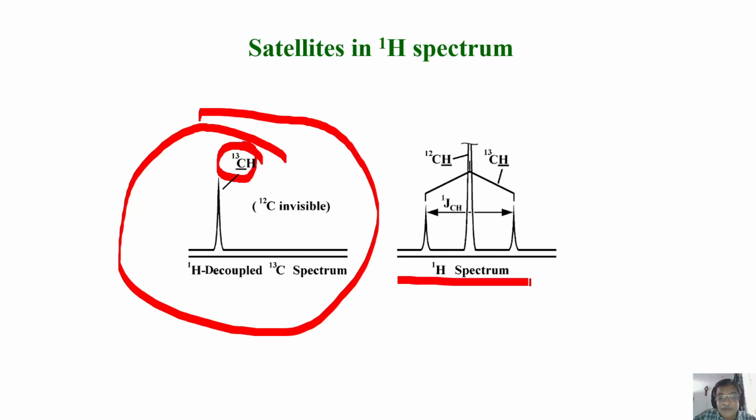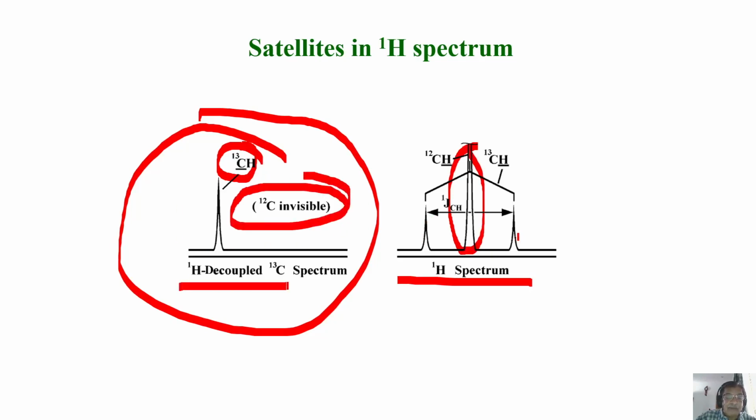If I come to proton observation, you will see the carbon 12 peak and two satellite peaks. When I observe carbon 13 here, carbon 12 is invisible. If I decouple proton, I get a single peak. If I don't do decoupling, I'll get two peaks. Measure the separation; it exactly matches this separation. This is CH coupling. You can detect it in the carbon coupled spectrum. Because we do decoupling, generally we don't see the coupling and have a single peak.